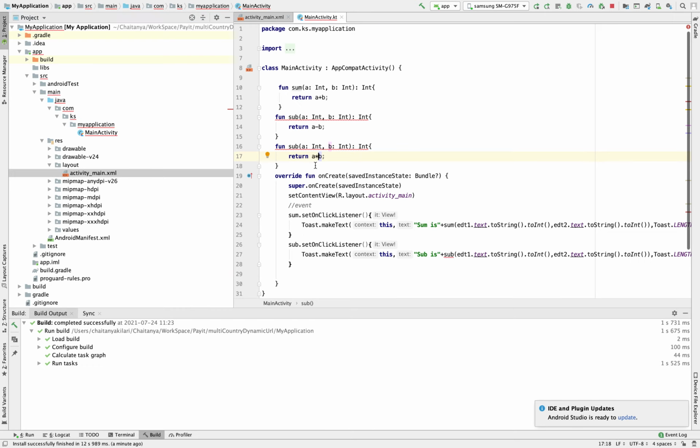Now we are writing one more function, mul. Here mul dot event.